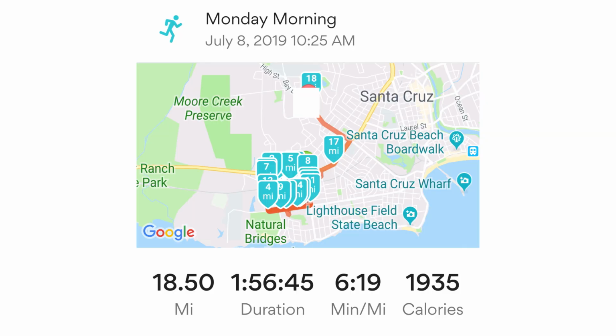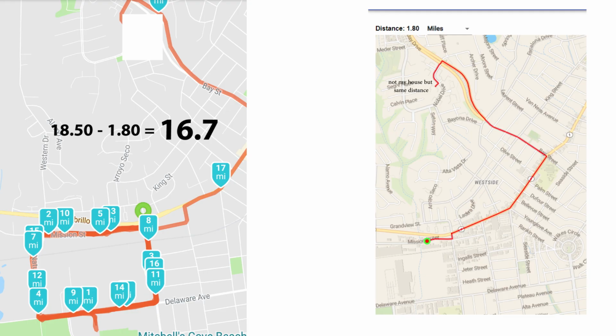So here you can see my running map. I know it says 18 miles, but that's because I actually forgot to turn it off as I went up to my house. Here, I'll show that this leg is the extra 1.5 miles or 2 miles or whatever. You can see right here, that's extra. So,